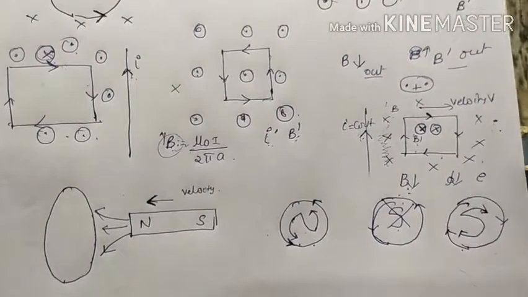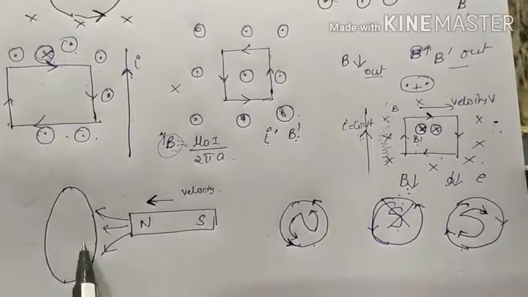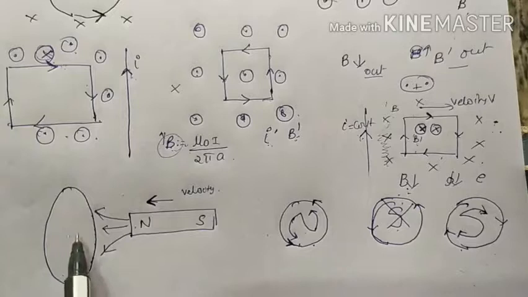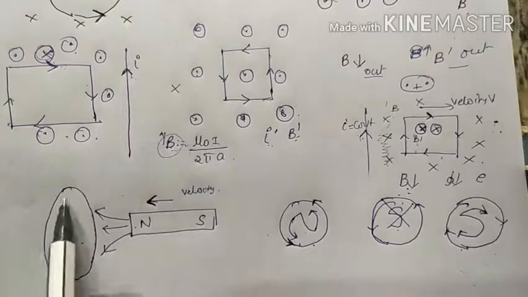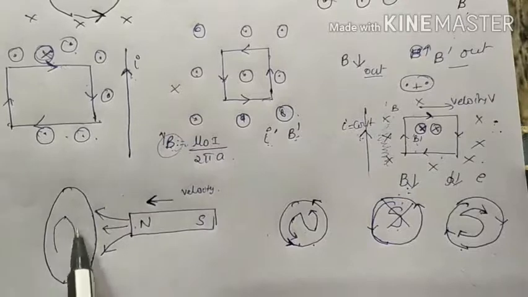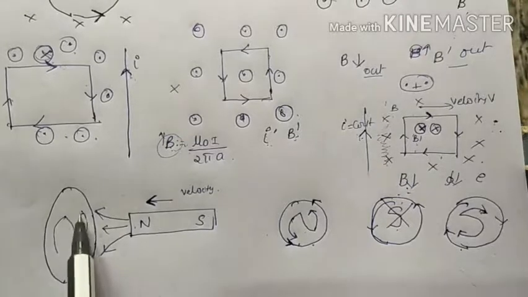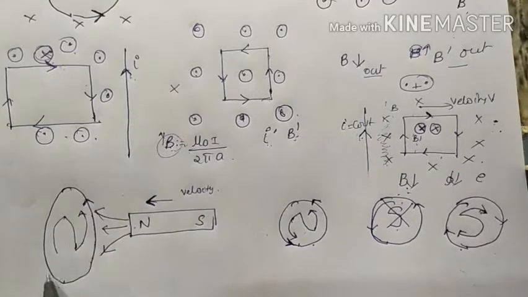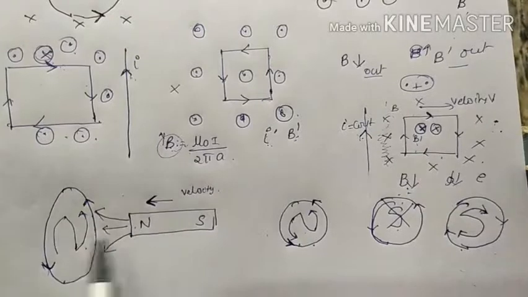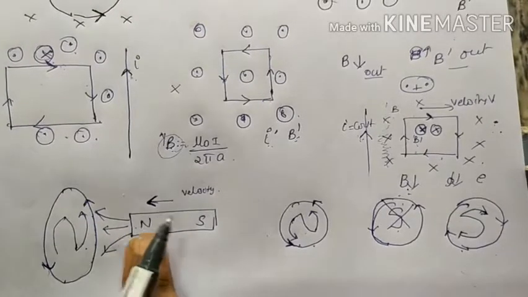If you have drawn it, well and good. So this coil should oppose the cause producing it. Opposing means what polarity should be there in this coil? There should be a north pole, right? So this should be acting as a north pole. That means the current direction should be anti-clockwise. Then only this acts as a north pole, it opposes, that means this magnet can move